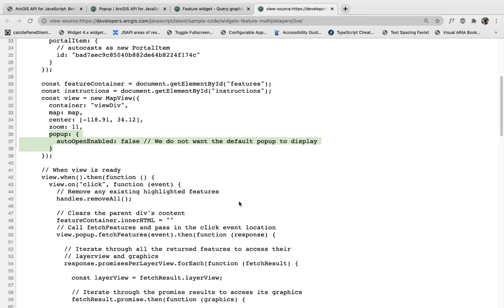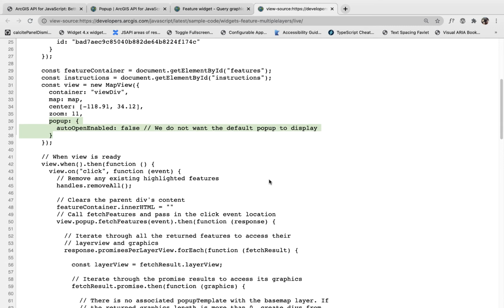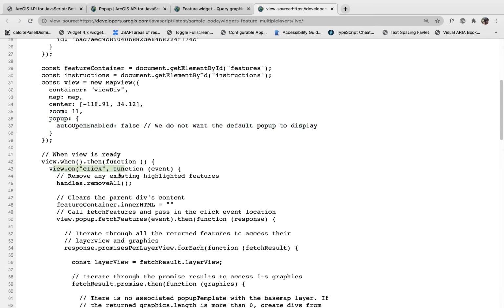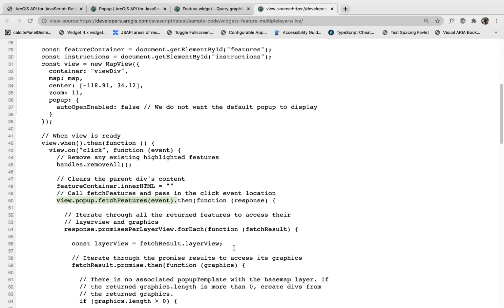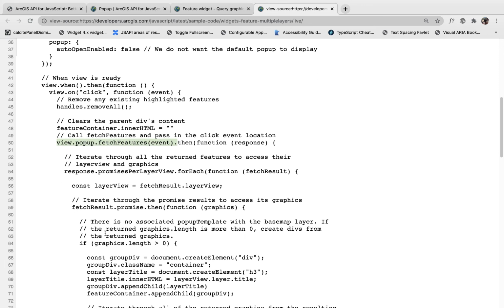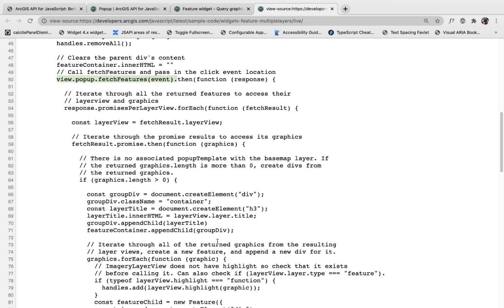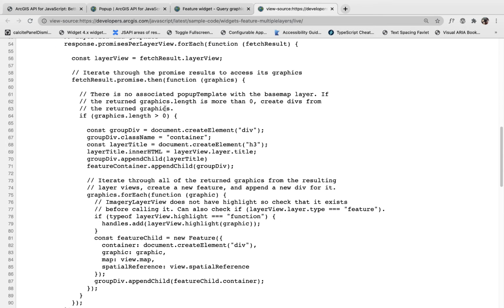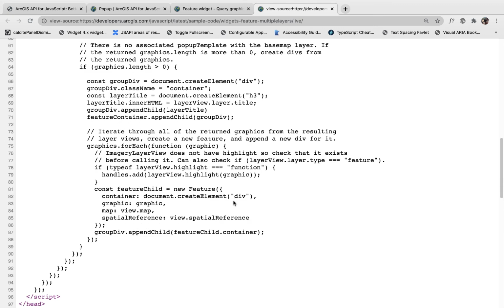We're going to show that pop-up content in another location. So here, we have the call to fetch features. We listen for the map's click event, then we call fetch features, passing in that click event location. And then we can deal with the response, like looking through all the layer view responses, getting that pop-up template information. That's what all this code is doing, creating the way that we want to display it that's not the pop-up. And then we use the feature widget that's available in the API. We pass in that graphic, and then we're going to display the pop-up template for that graphic in that location